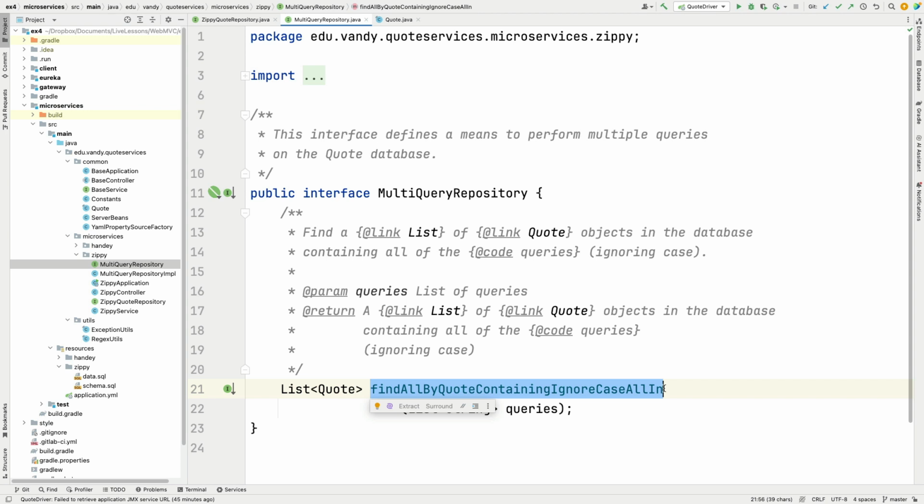So we say find all, which means we want to get back a list, by quote, so we're looking at the quotes, containing ignore case all in. So that's kind of describing it. Everything has to be in there, and we want to see if it's contained. So we can't actually do this